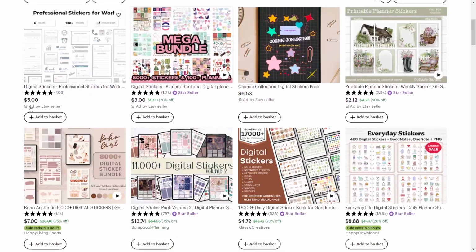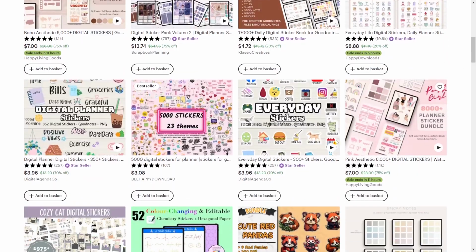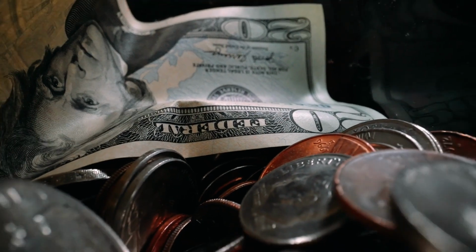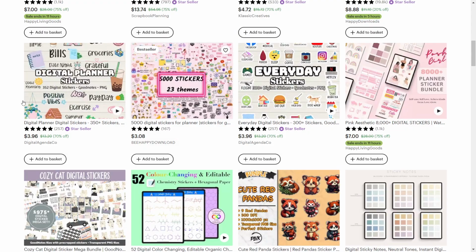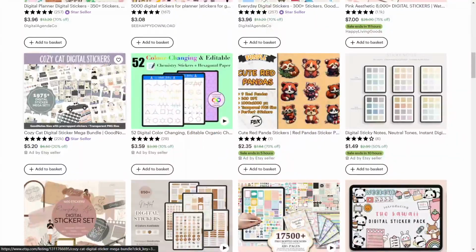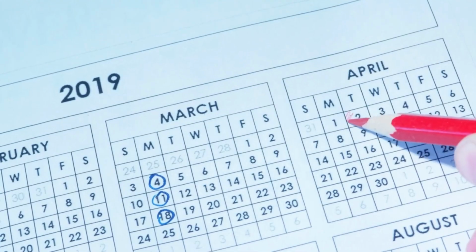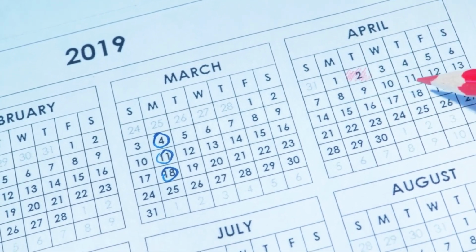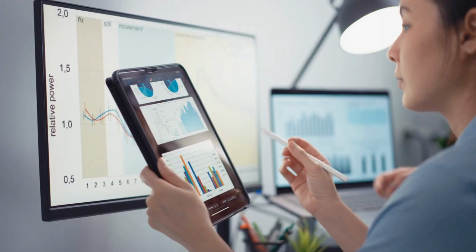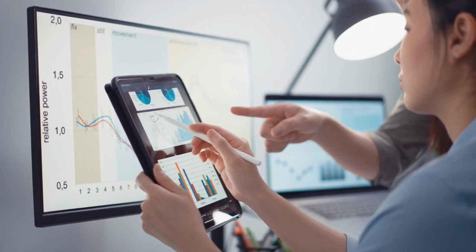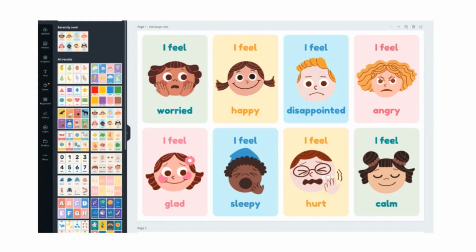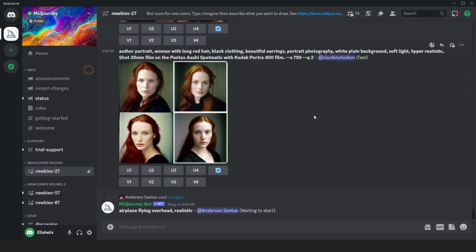Number 5. Stickers. In the recent year, digital stickers have become a more popular product on Etsy, and it's a creative way to make money online to start your own business. Typically, people sell digital stickers in sets, and customers frequently use them to serve as important markers for dates and events, but their use does not end there. Digital stickers can also be used for presentations, digital planner, digital flashcards, and desktop sticky notes. Midjourney AI tool makes it simple to create digital